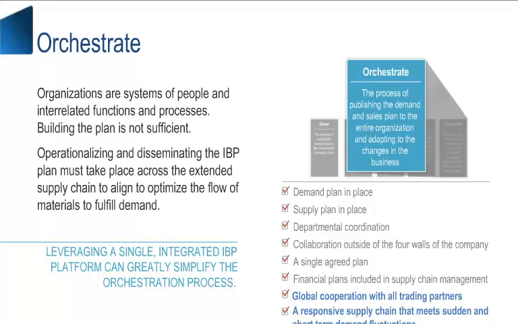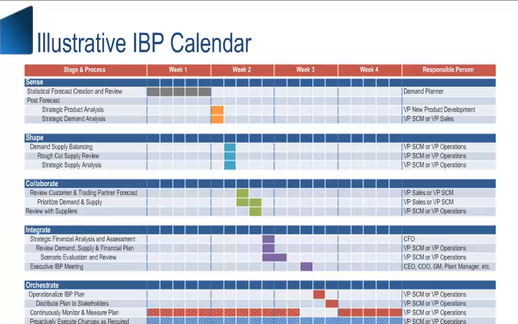And those types of things are happening all over this world, and we all know when they happen, but what do we do about them? And that's where the continuous improvement comes. And to really do this, we have to be able to not just modify, we have to be able to adapt, and we have to adapt our business. Now, this isn't something you're going to spend a lot of time on every day, but let's take a look at an illustrative type schedule for IBP,